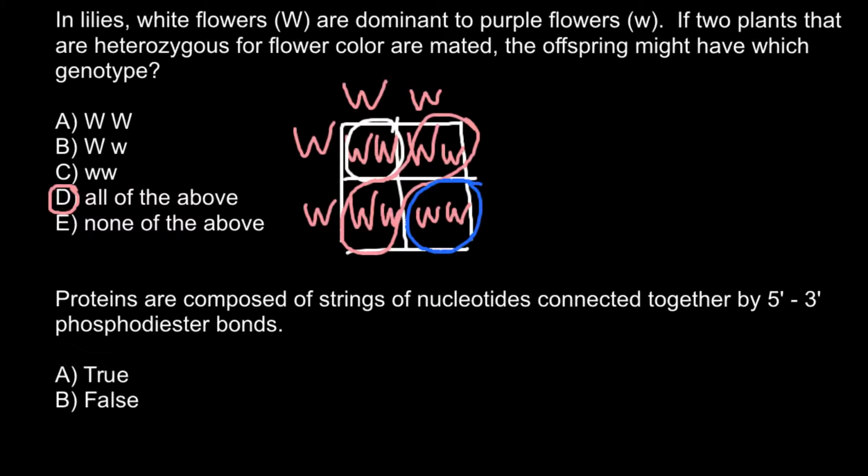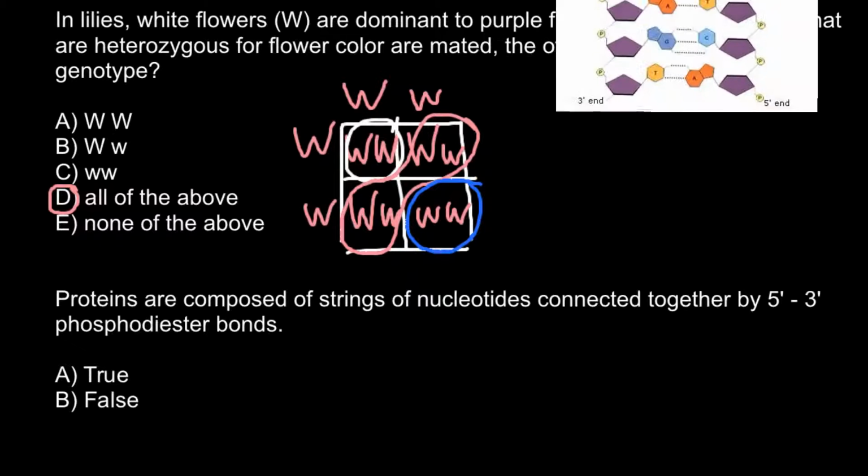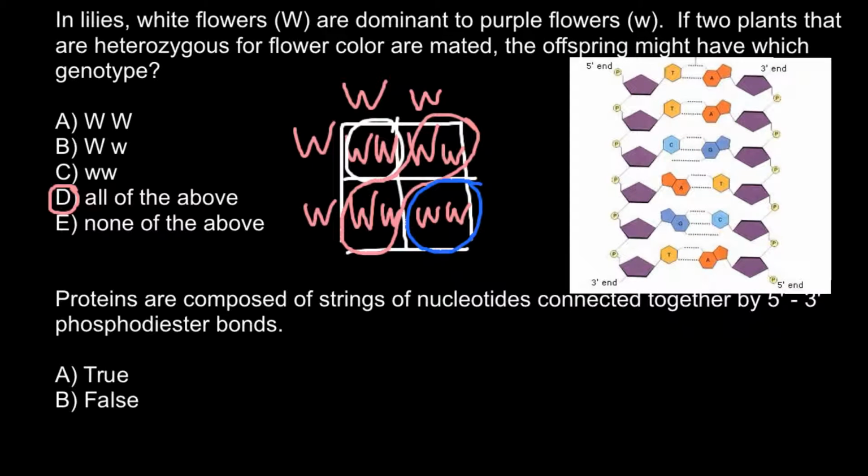And next, the true-false statement. Proteins are composed of strings of nucleotides connected together by 5' and 3' phosphodiester bonds. And this is the exact description of the bonding in double-stranded DNA. As you see, here we have sugars that are connected by phosphorus, and each phosphorus has two bonds, and we call such bonds ester bonds, and because each phosphorus has two such bonds, we call them